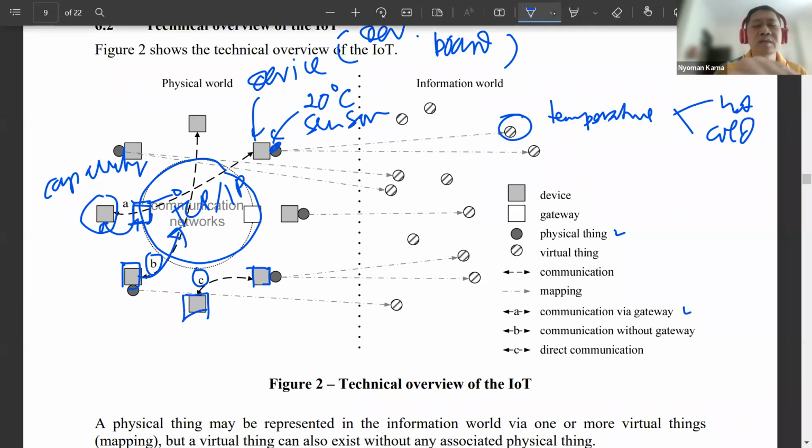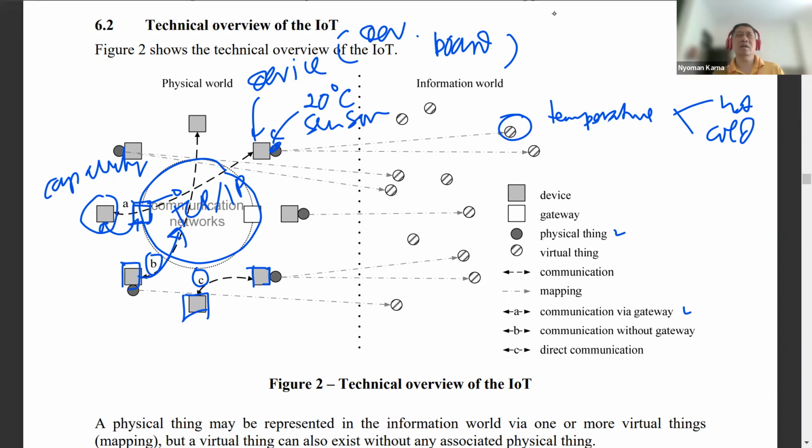Because some people will tell you that this is not IoT. If you say this is IoT, and IoT stands for Internet of Things, and you are using machine-to-machine communication, where's the internet? This is not IoT. Some people will tell you something like that, but based on ITU-T Y.2060, machine-to-machine communication is still an IoT.